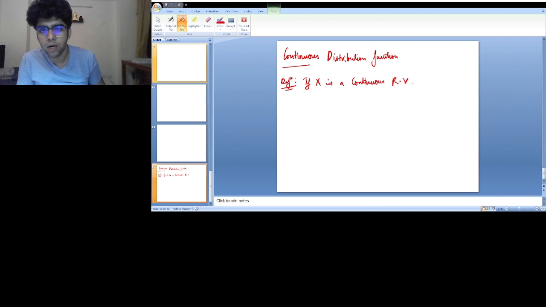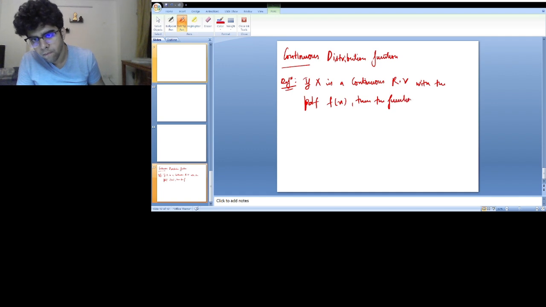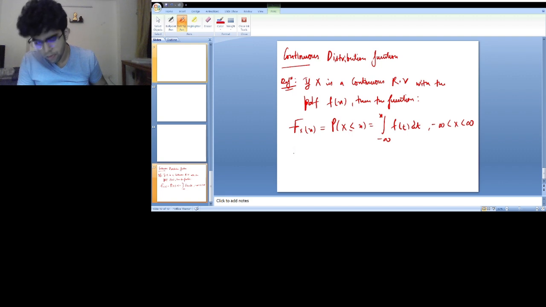If X is a continuous random variable with the PDF, or probability density function, f_X, then the function is called the distribution function,